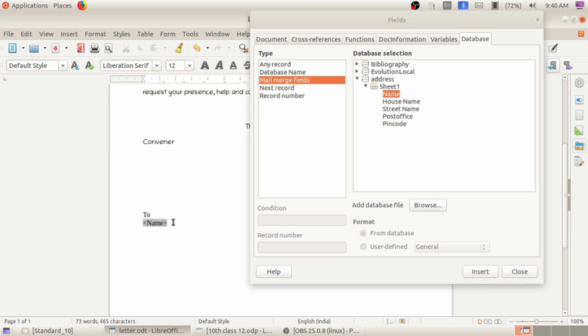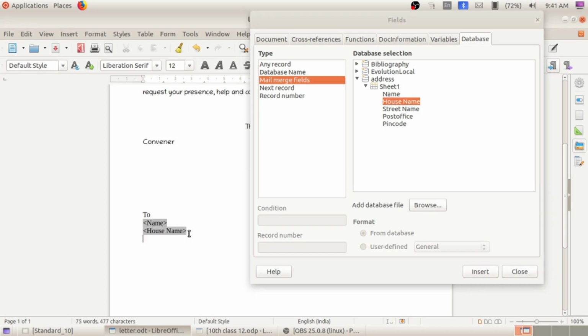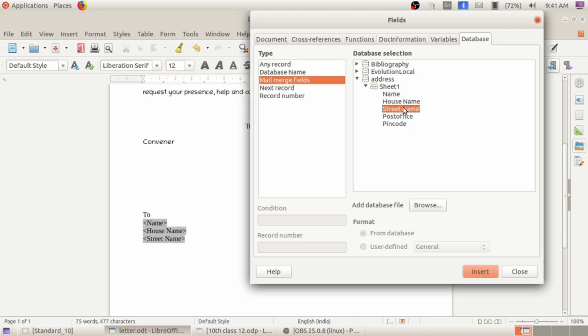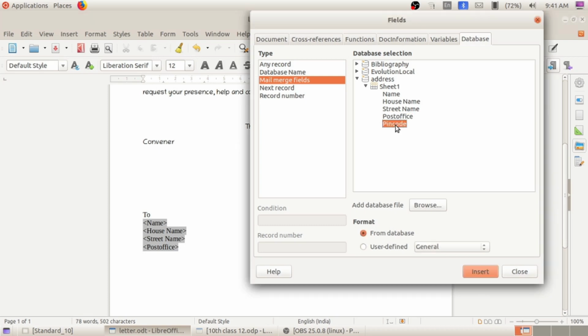Then again enter, put the cursor here and double click on house name. You can see the change here. Again enter, double click on street name. Again enter, double click on post office. Again enter, then double click on pin code.